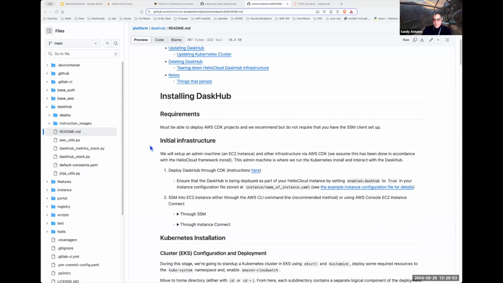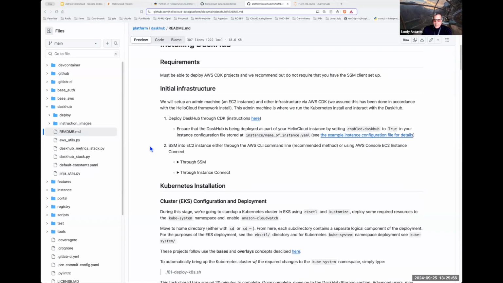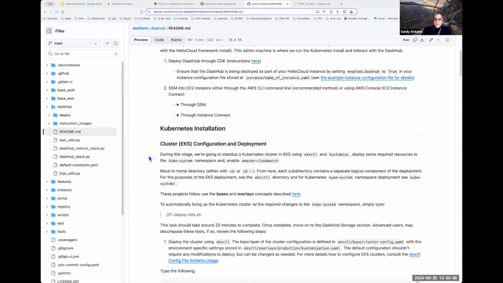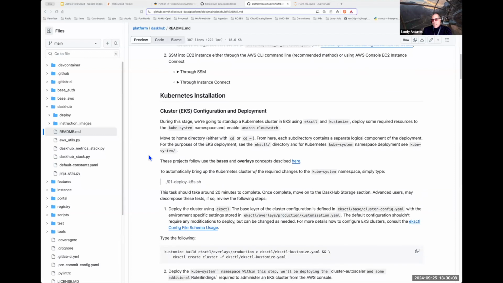How do you do this? This is where you do CDK to get Dask Hub in. Then you go into the cloud that you've set up, an EC2 instance on your cloud, either through console or the CLI,